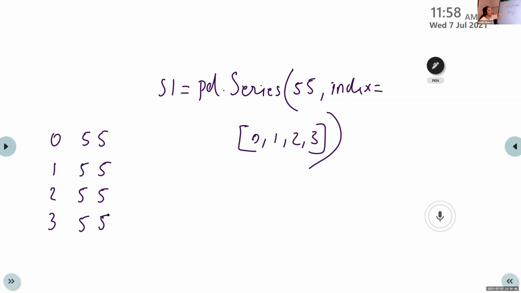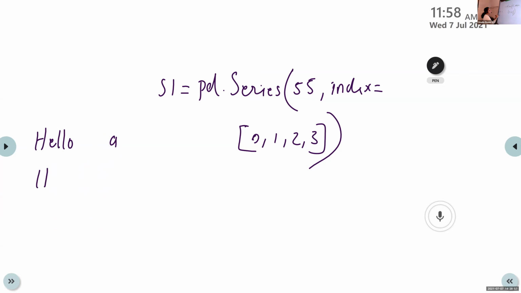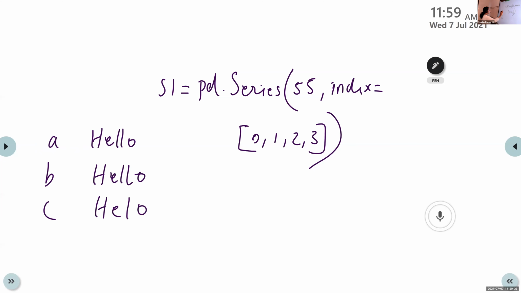Instead of 55, I want to write one string value, so I want to display hello for A, B, C and D.